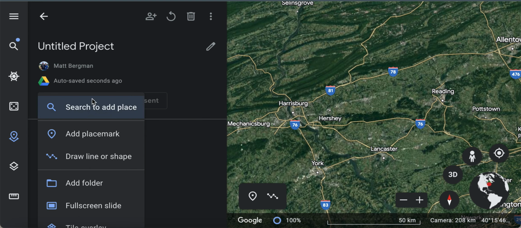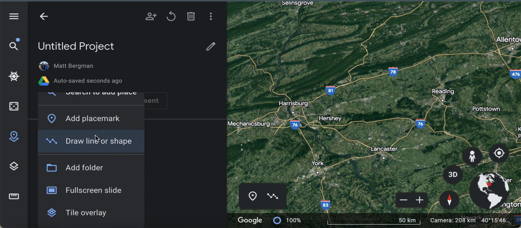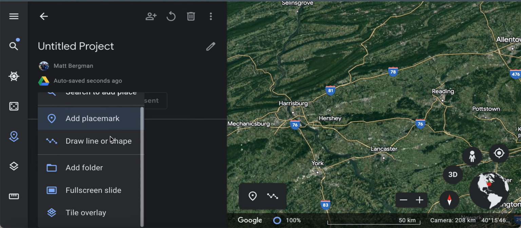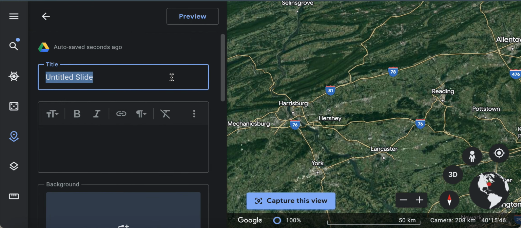Now, what I can do is add quite a few things. I can add a placemark, which is like adding a checkpoint on my map. I can look for a specific place. I can draw a line or a shape. I can add a full screen slide, a title overlay, a folder. So let's do a full screen slide. And so I'm going to put in here Matt's